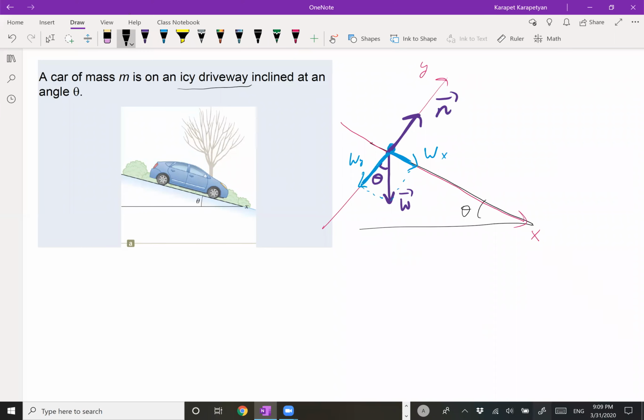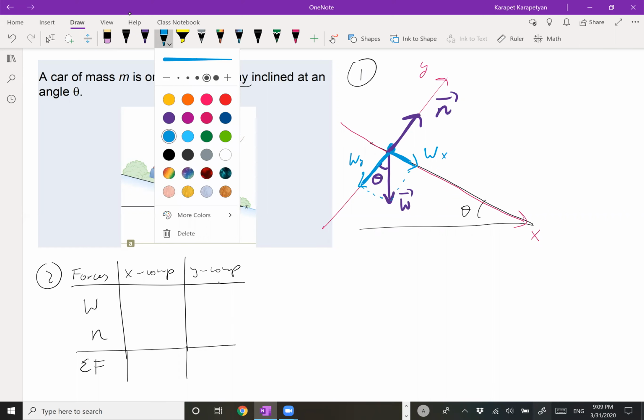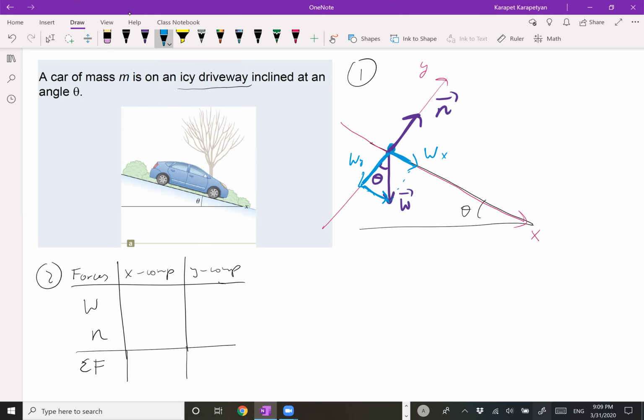All right, so that's step 1. Step 2 is the force table. Here's my force table. These are my forces, x component, y component. So I have weight and I have normal force. There's no friction. Those are the only two forces I have right now. Here's net force. Now for weight, looking at that free body diagram, you can see the x component, which is this guy. See if I can move this over here. As I move this weight here, you can see the triangle tells me that the x component of the weight is opposite to that angle theta, which means the x component is given in terms of weight. So